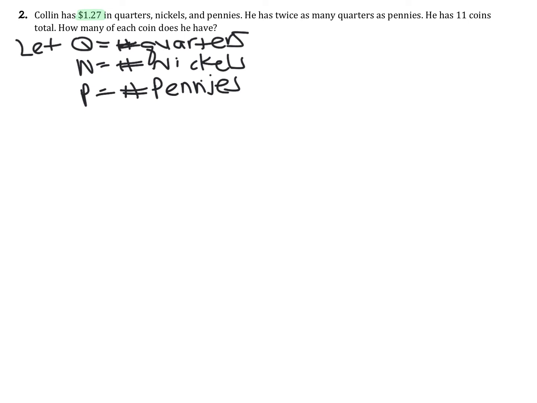Now, I don't see a dollar sign anywhere else in this whole problem, which means if I'm going to have an equation that's all about money, I must need to use something that I already know about quarters and nickels and pennies that is maybe not listed in this problem. So what I need to use for my first equation is the fact that a quarter is worth 25 cents. So 25 times each quarter. A nickel is worth 5 cents. A penny is worth 1 cent. And I have a total of